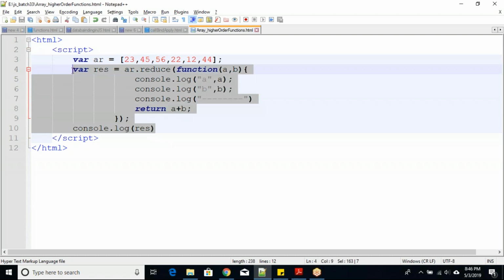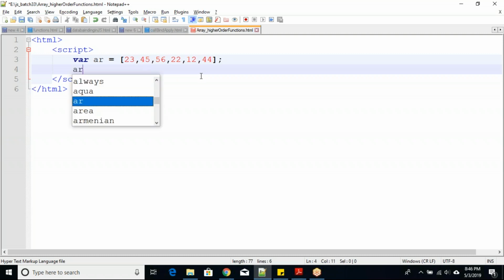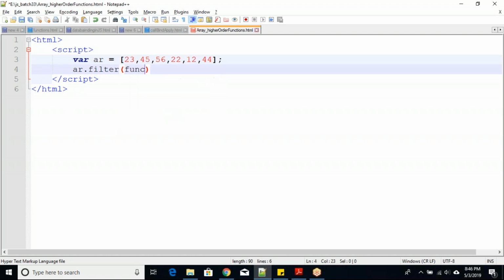Have you understood reduce? Now I would like to go to one more function, that is called the filter function. What is the filter function? See here, arr dot filter of the callback function as usual.